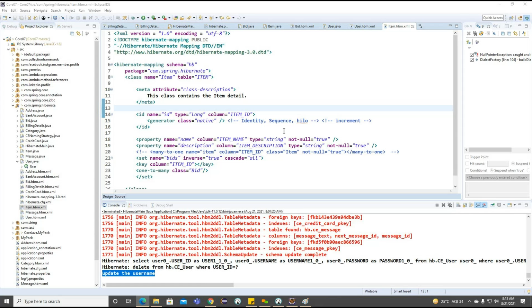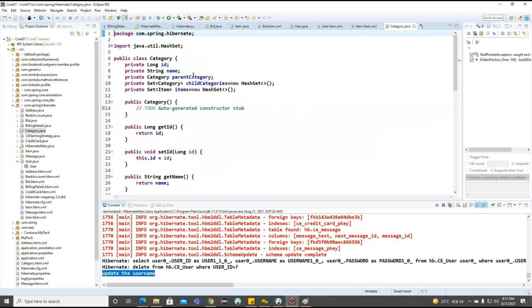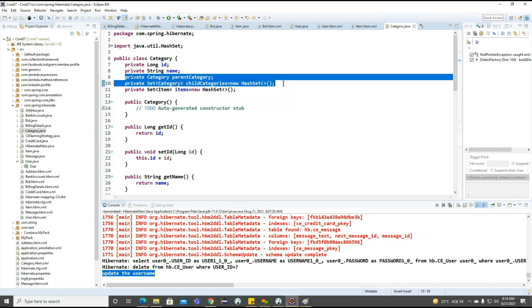Now we need to understand the category related example. Earlier we created one category here, parent category and child categories. But if you observe, all the parent category and child categories are working with the same table called category. As of now, we did not create any category.hbm file here.